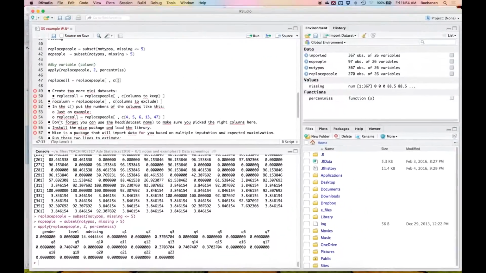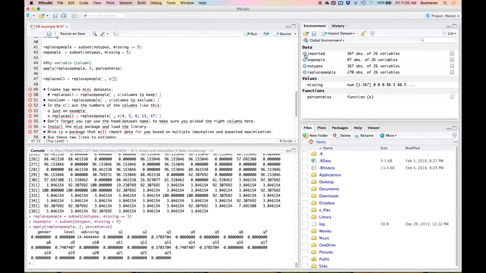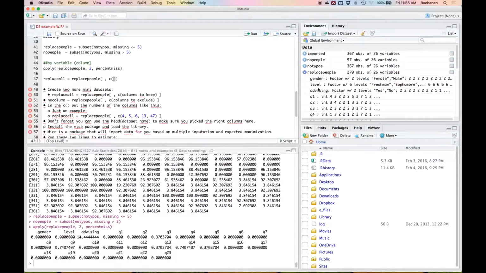Okay. I'm not supposed to replace categorical columns that are demographic variables. So gender, level, and advising. It will estimate those for you in a categorical way, but it's probably not a good idea to guess at someone's gender. So I'm going to exclude that. Thankfully, that's the first 3 variables I want to exclude. Everything else I want. And so one function, I don't think I've taught you yet, but you can use the